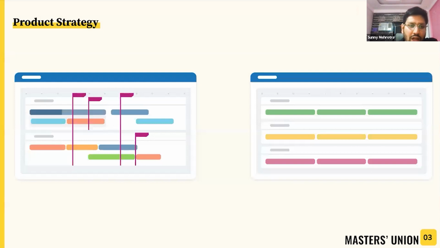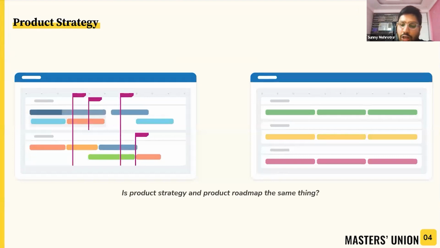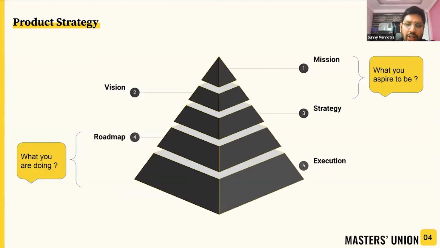For example, if you have been in a product setup, or if you have worked with product managers in the past, you would have seen these interfaces. You have Jira, you have Trello, you have multiple apps where you maintain your roadmaps in one way or the other. And this sometimes gets confused with the strategy. That's why we always ask: is product strategy and product roadmap the same thing or not? To answer that, the next slide puts up the pyramid very well. Do let me know if this resonates with you.